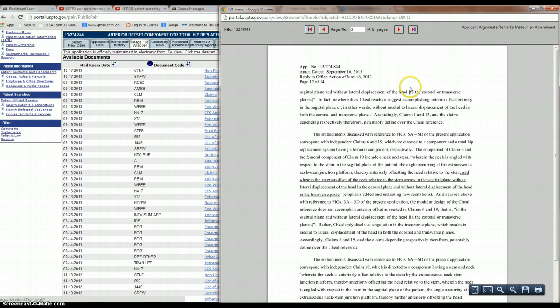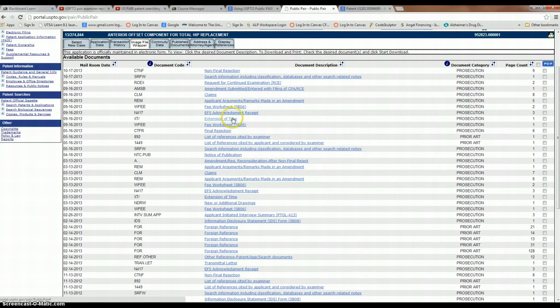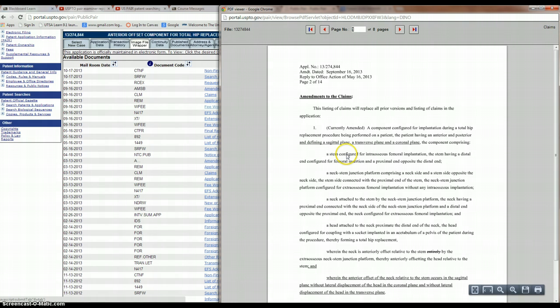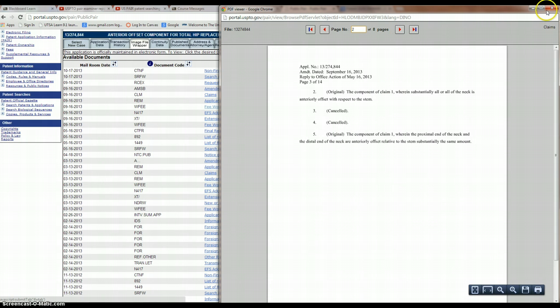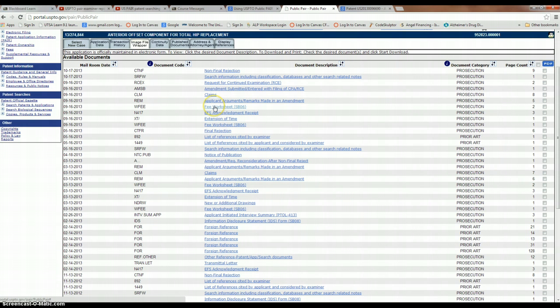So you can read through and see what is the process of going from a non-final rejection to a final rejection, to having the attorneys work through it again, submitting the claims. This is the revised claims and some reasoning for the revision and their arguments and contention of the non-final or final rejections. And in this case,